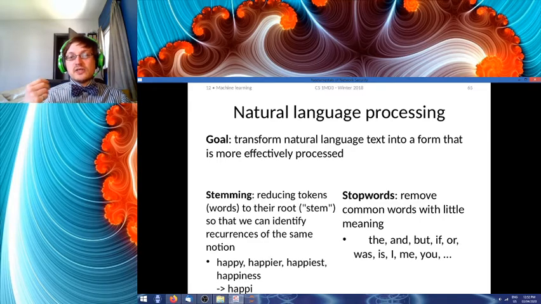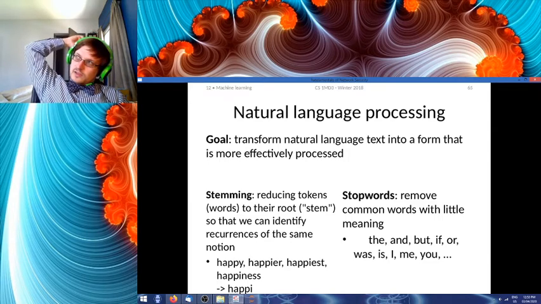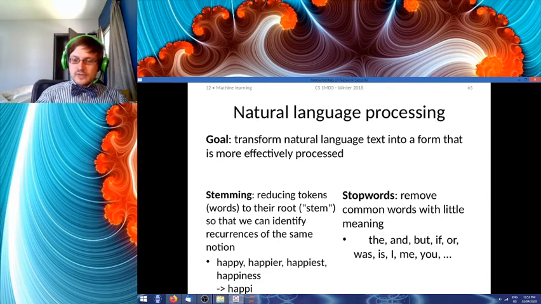And the next thing we do is we remove common words with little meaning. So we remove things such as articles and prepositions and conjunctions, things of that nature, because they don't contribute anything necessarily meaningful in terms of sentiment analysis.